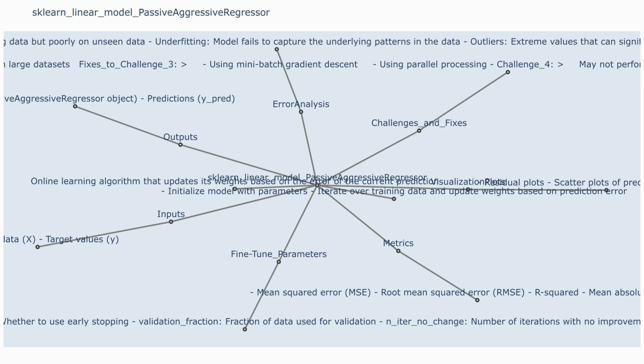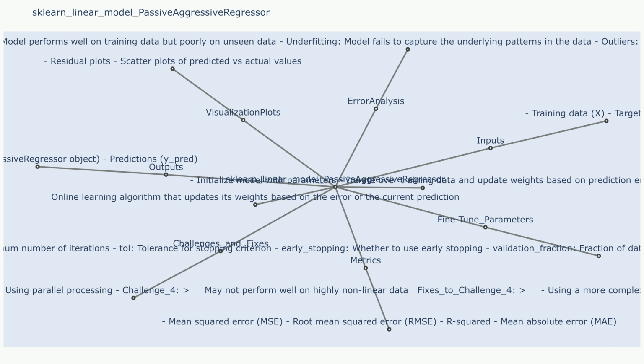sklearn, linear model, passive-aggressive regressor. Description: the passive-aggressive regressor is a linear model that is trained using the passive-aggressive algorithm. This algorithm is a type of online learning algorithm that updates its model parameters based on the errors it makes